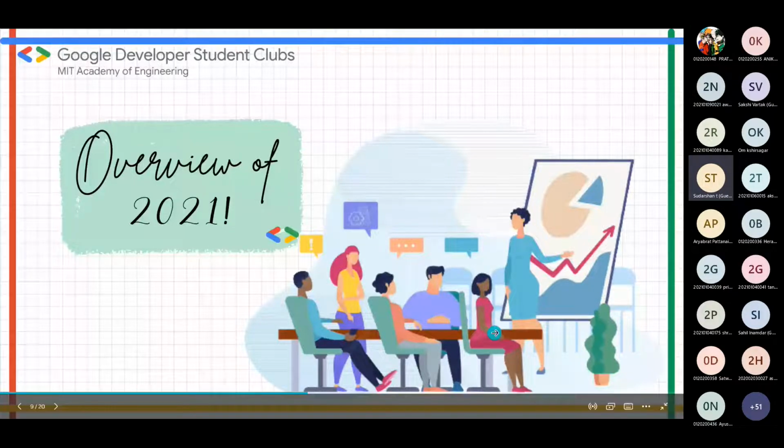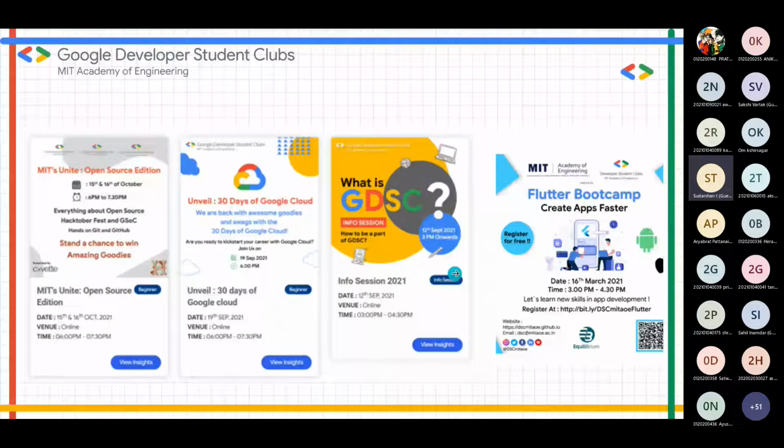So now this was all the overview. We have taken a session on open source. 30 Days of Cloud has done an info session, and also a Flutter bootcamp. So like that, sessions were done in 2021. In a similar way, we will plan this year also.